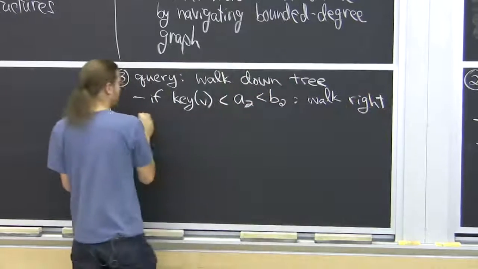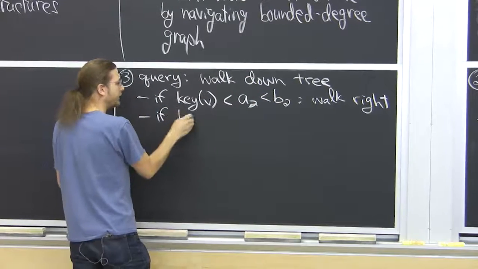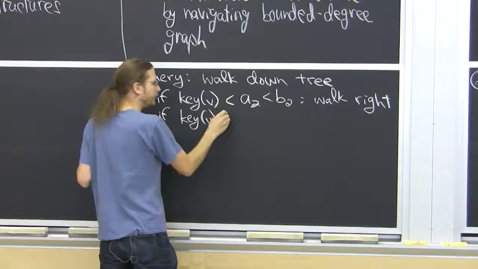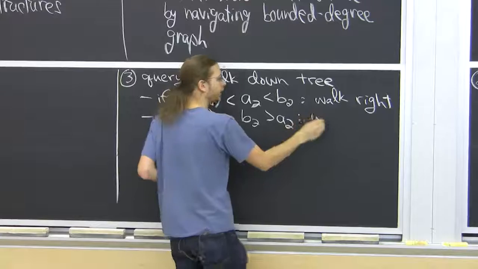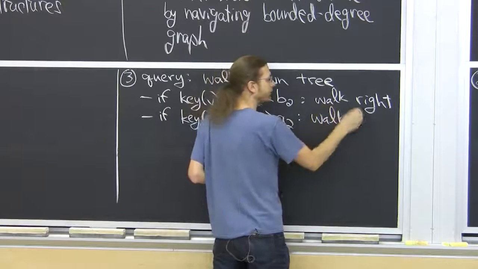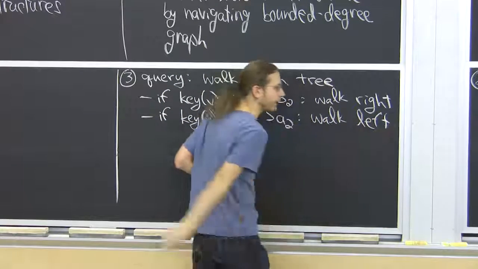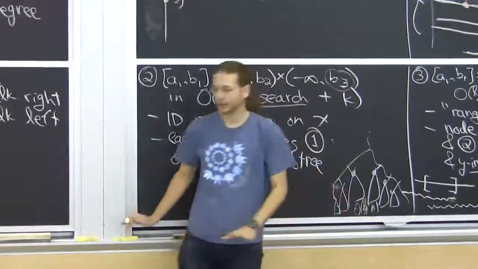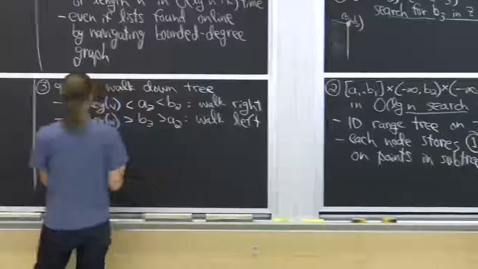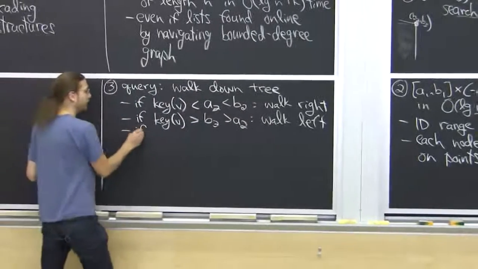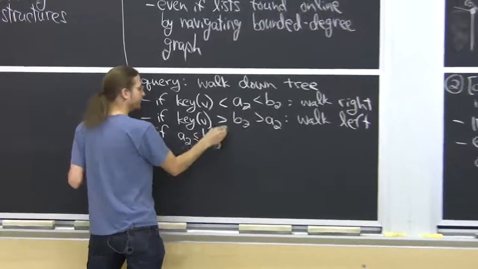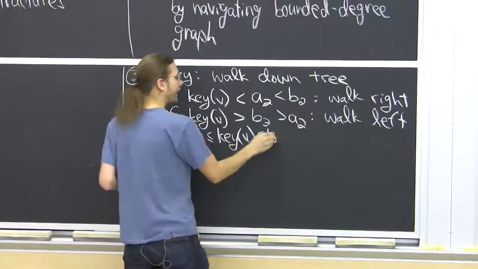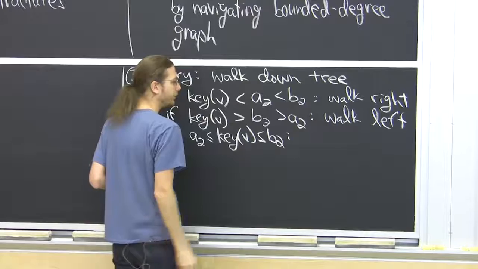Okay. If the key of the node is greater than the interval, then walk left. That's sort of the easy case. And then the interesting case is this fork. Before we had to do a lot of work at the fork. Now I claim we only need to do constant work at the fork. So if the key falls between A2 and B2, so our interval is stabbed by the key of the node, then